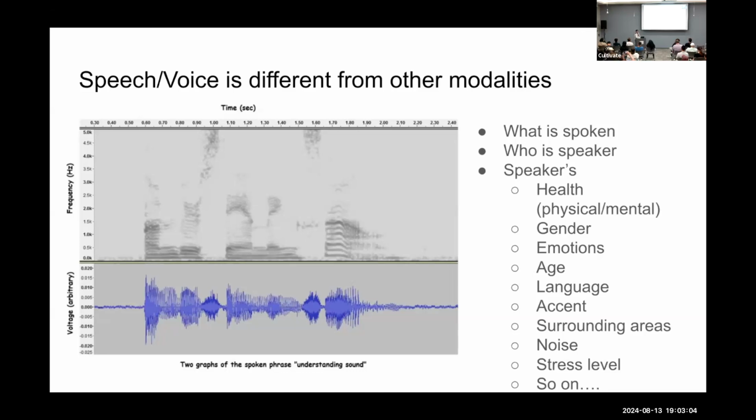You take vision, text, speech, any type of input signal. It takes something in and gives you something out. So what makes speech so different? When I say speech, it's kind of interchangeable with voice and audio.